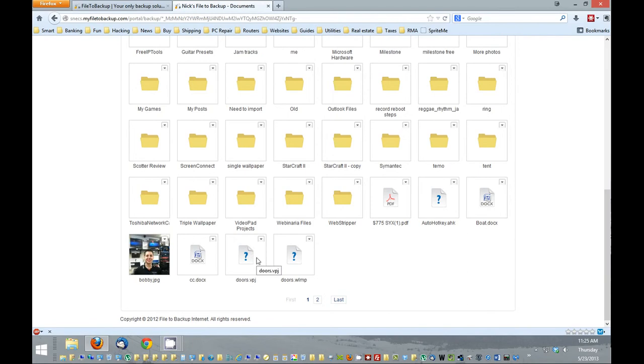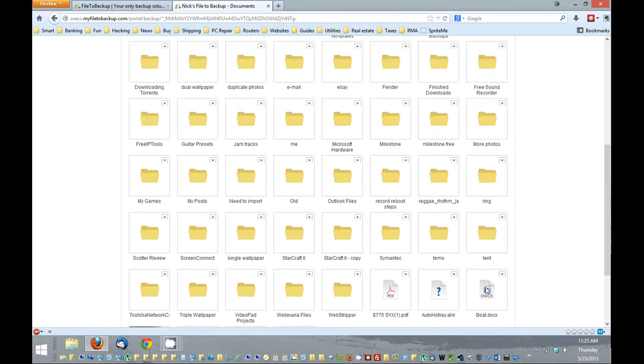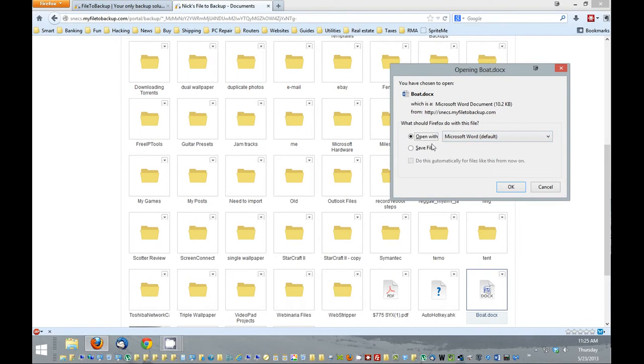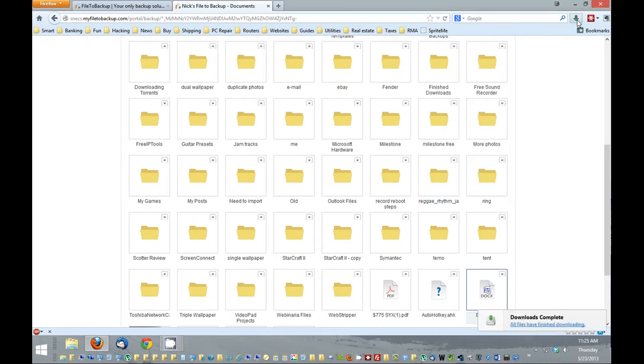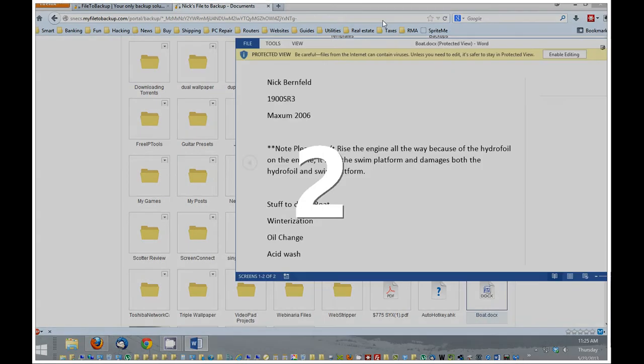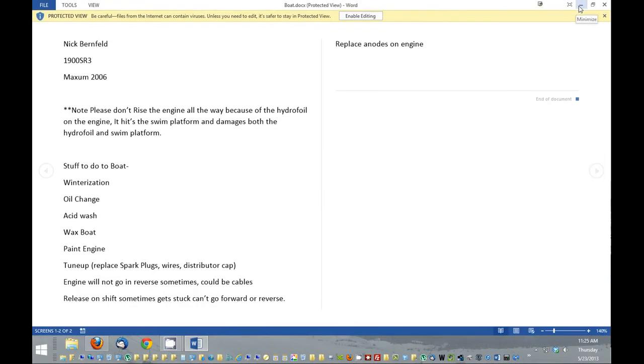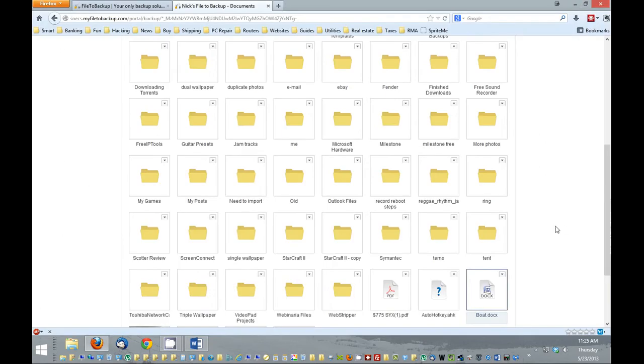There is another way to do that if you prefer not to use the web portal. You can actually use the recovery software. Now this would be best if, let's say, your whole computer crashed and you wanted to restore everything back to kind of original. What you want to do is then go to filetobackup.com, go down to the download section,